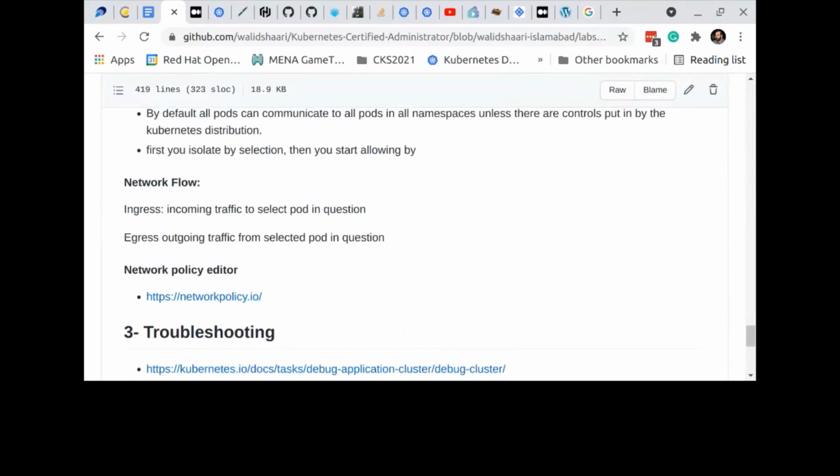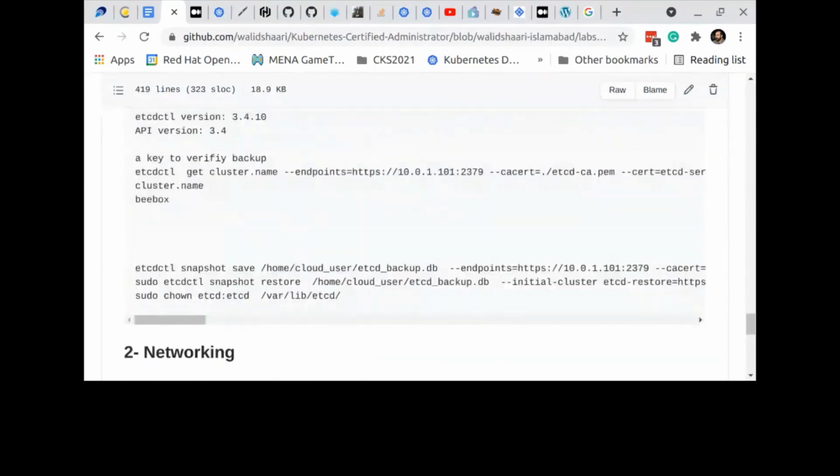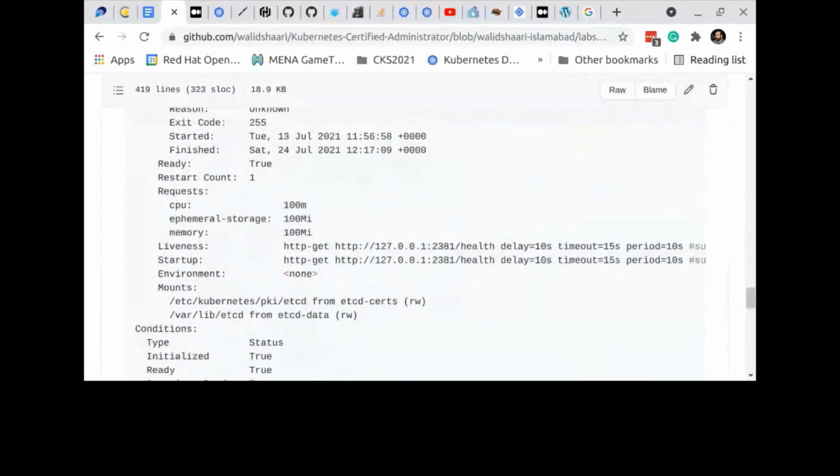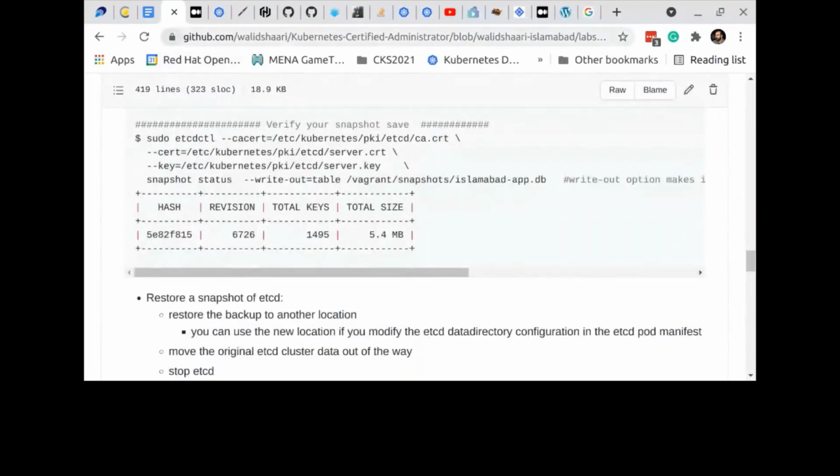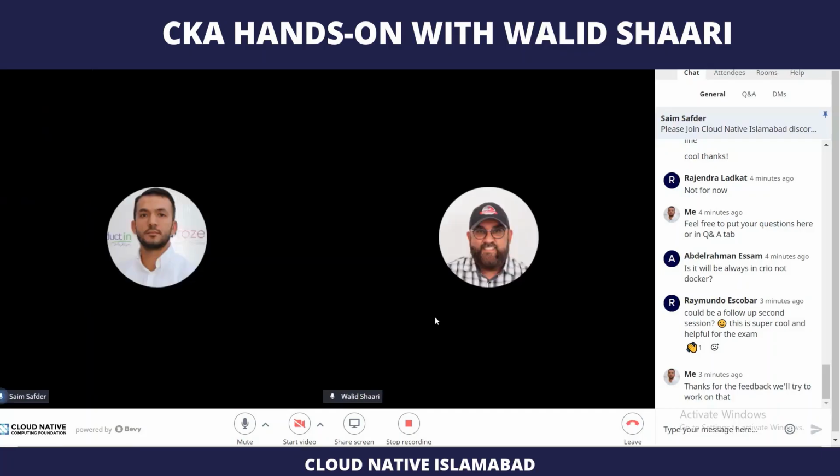Okay. Troubleshooting, I don't know. I wanted to do it. Basically, troubleshooting, I break the cluster, and we wanted to learn it together. So I guess we are done for this session, unless there are questions, or unless somebody wants me to go through something quickly. Sayam, I'll stop sharing.